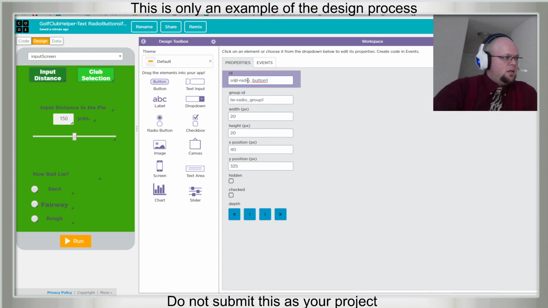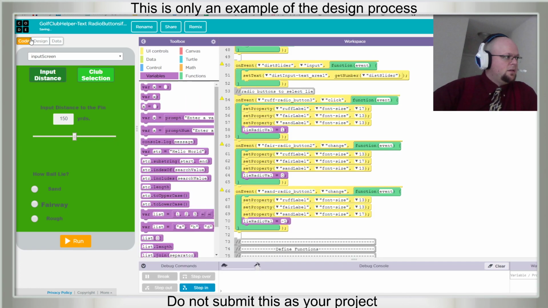Let's call this Sand Radio Button. And let's call this Fair Radio Button. No, not Fair. Sand Radio Button. And let's call this Rough Radio Button. And then let's go back here.